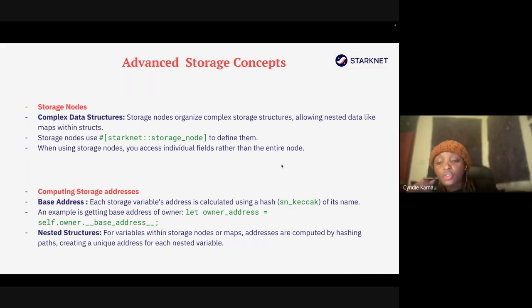If you have complex data which you need to nest inside, like structs inside of my struct, or enums, or whatever, and you need to store these complex data structures on your blockchain, you need to use this attribute here, Starknet storage node. It's like you're giving the metadata that this is not just simple data I'm storing on the blockchain, it's complex data.